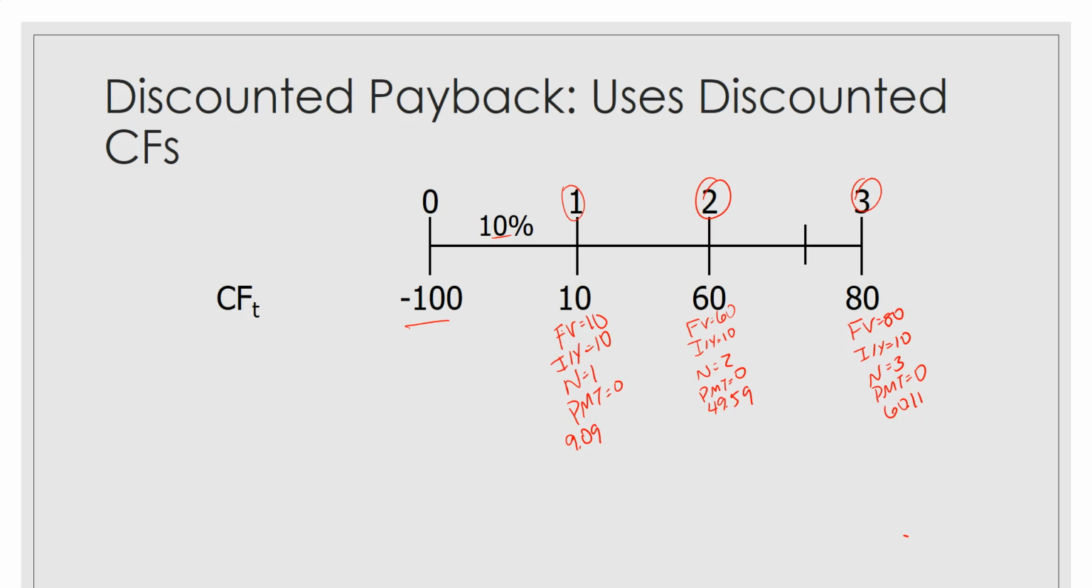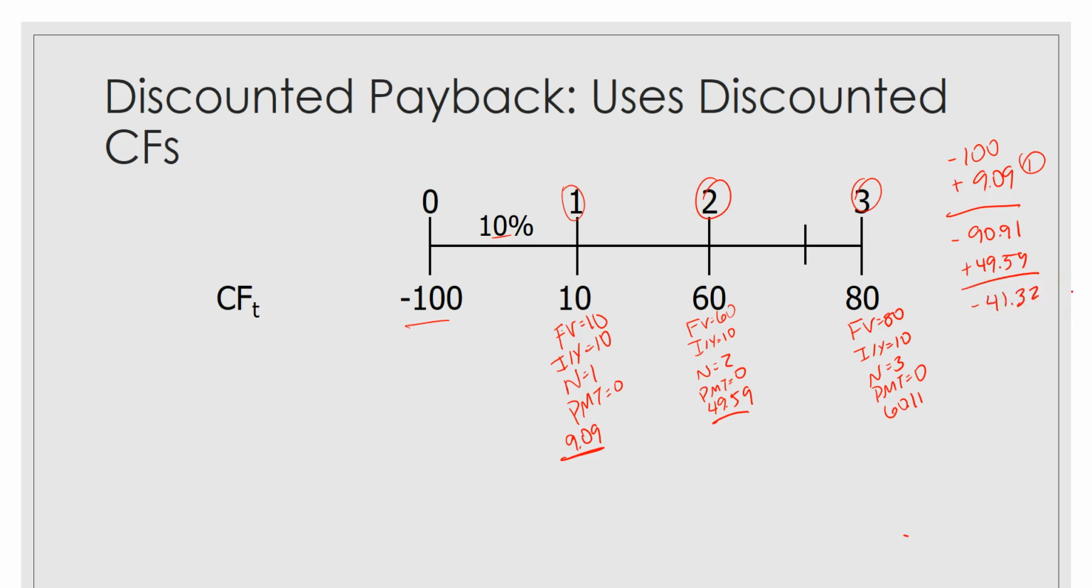So let's go ahead and calculate our payback period using these discounted cash flows, so our discounted payback period. This project cost us $100. In year one, we're receiving $9.09. So we're looking at the present value of that cash flow. So that leaves us with $90.91 left to recoup. In year two, we are going to be receiving $49.59, the present value of that cash flow. And that leaves us with